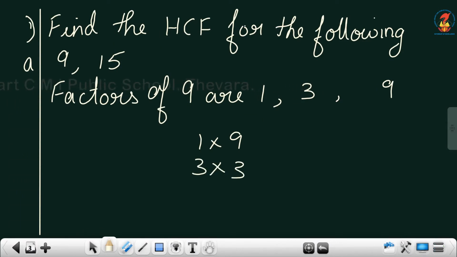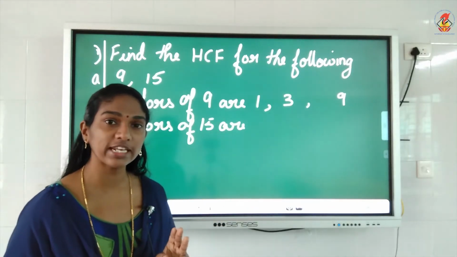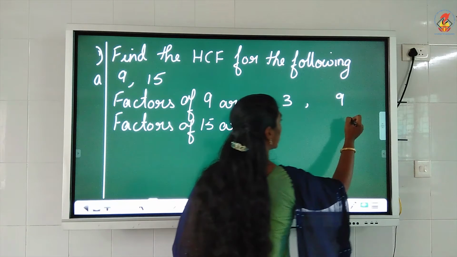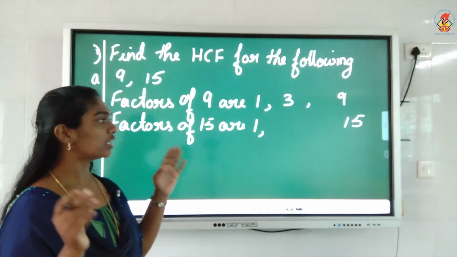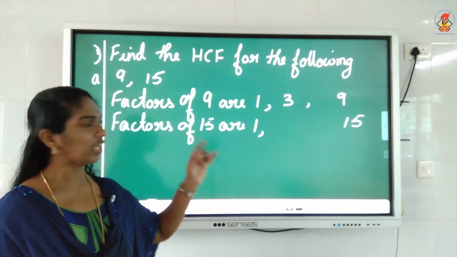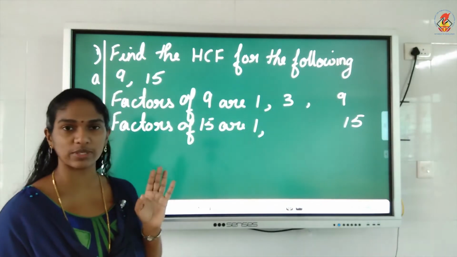Okay. Now, next. Factors of 15. Children, if you people are finding it difficult to write like this, you can do it in the previous way, how we have done. But you will do that in your working column to find out the factors. Okay. Now, factors of 15, starting from 1. 1 into 15 is 15. So, write 1 here and 15 at the last. Put a gap, because we know 15 is the greatest factor of 15, isn't it? 9 is the greatest factor of 9. So, that will be the last number. That is why I put a gap between the numbers.